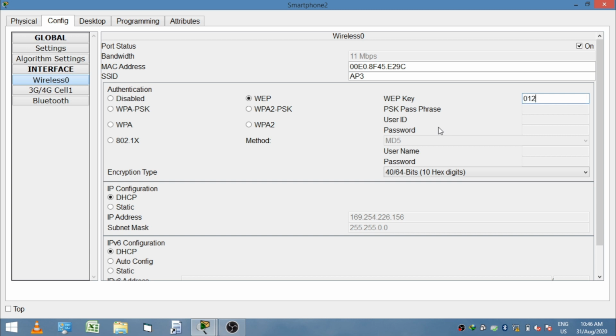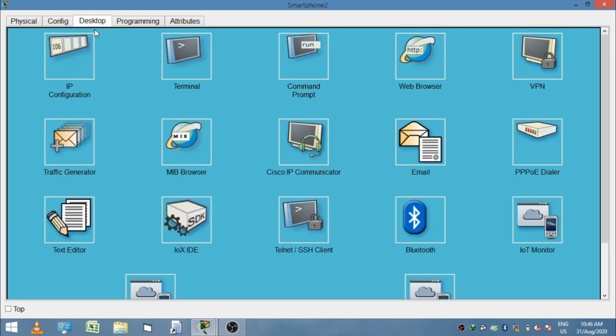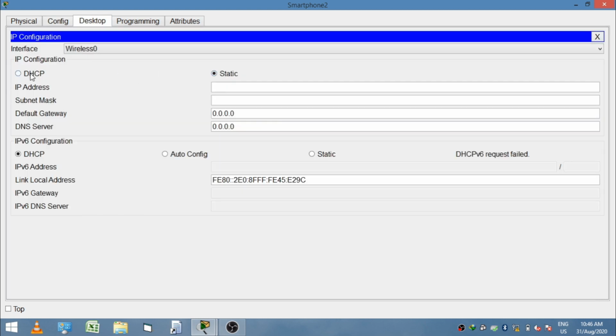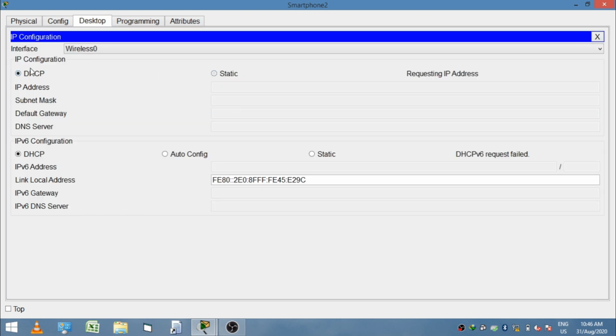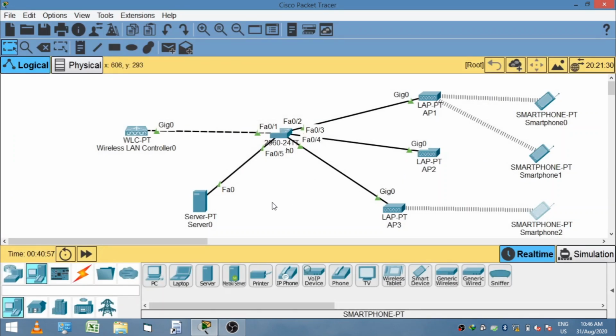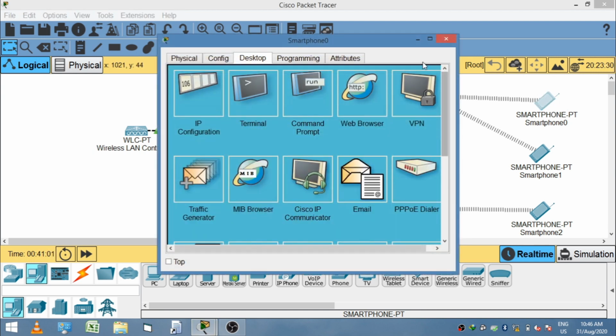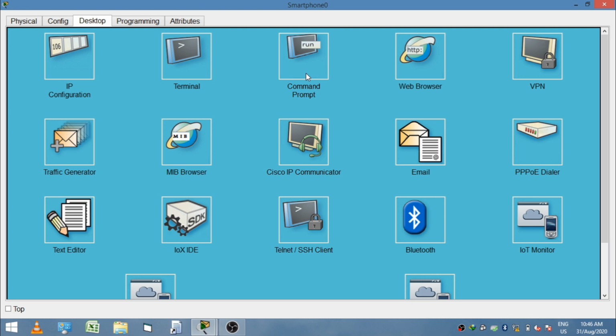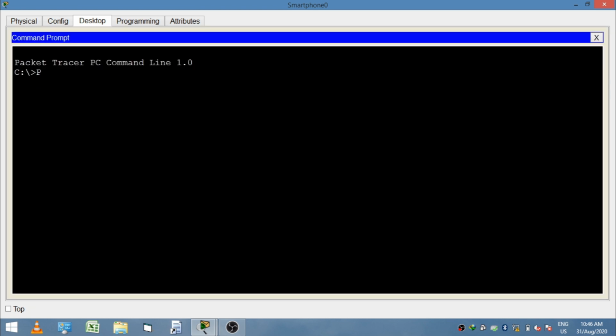Next go to smartphone 3 and give the SSID as AP3, click the radio button of WEP authentication and give the WEP key 0 to 9 already configured in the WLC, click on the desktop tab, go to IP configuration and click on the DHCP radio button. Now see the results. All the smartphones or wireless devices connect to the APs.